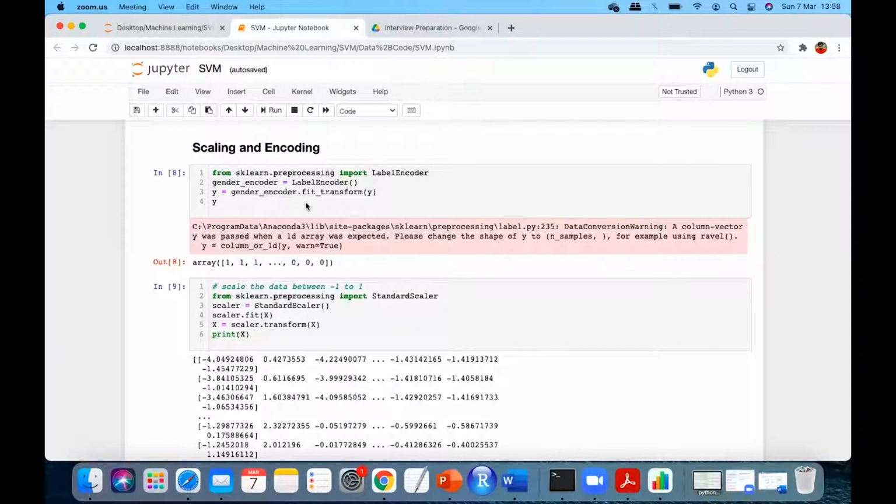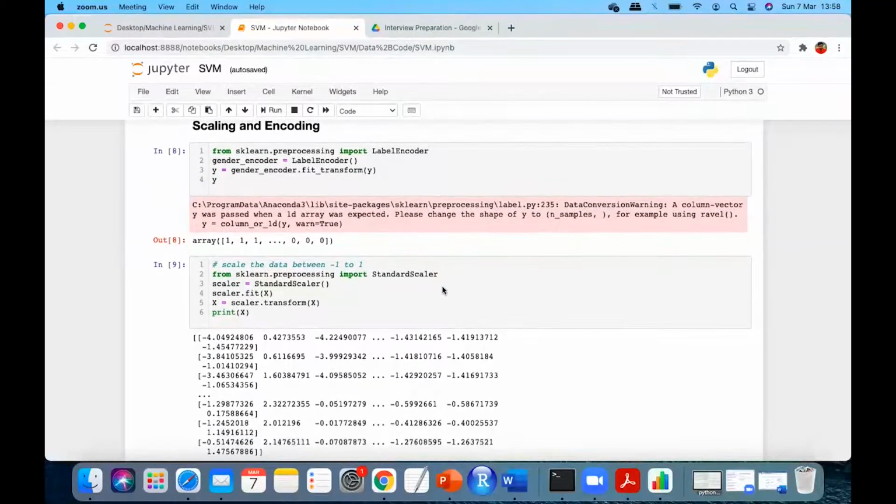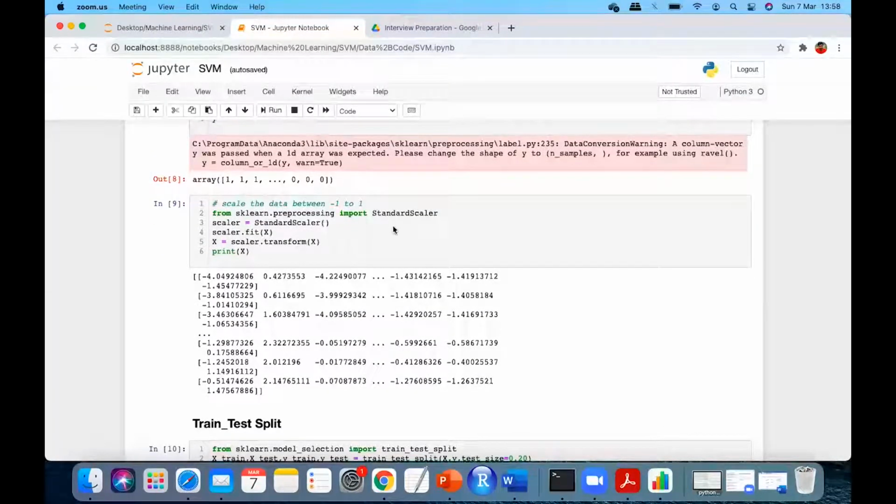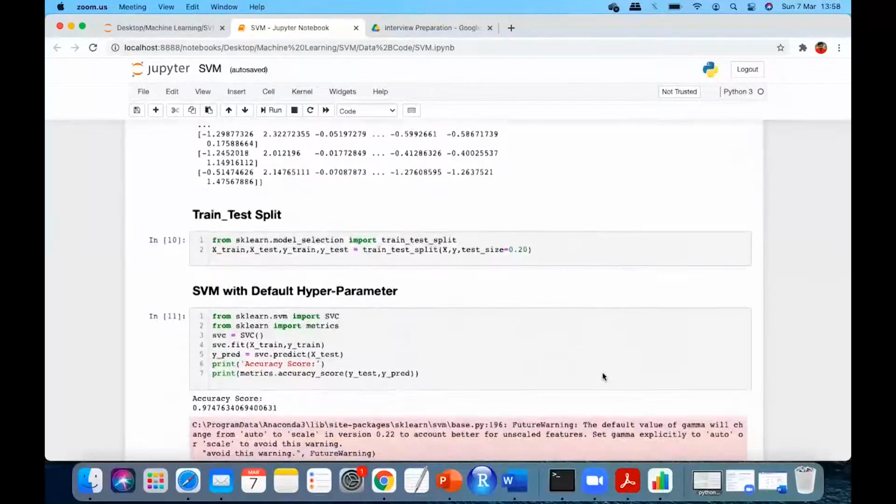So here I have used label encoder. Another way of doing it is simply map M to 0 and F to 1, anything you can do, correct? Yes or no? Yes. Okay. And after that, scaling also I am doing. For scaling, all of you know that I use standard scaler, right? So I'll fit and after that transform. I'll do it on the X, and then it will transform the whole data set, right?